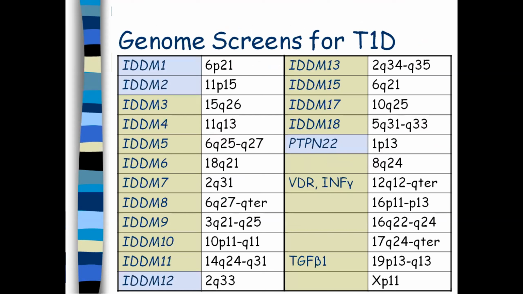But most of the time there will be a deletion which may result in certain immune responses, or that may be associated with either the longer arm or shorter arm of the chromosome. Q is the longer arm, while P is the shorter arm. The first digit, that is 6, 11, 15, indicates the number of the chromosome, and the alteration which has taken place,